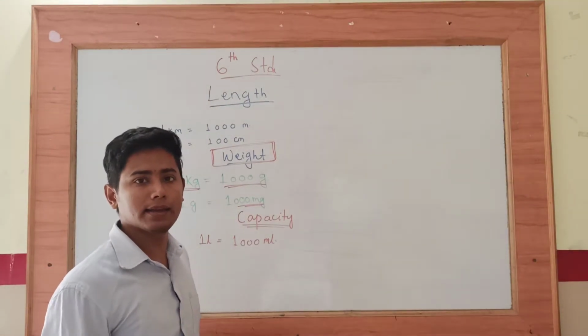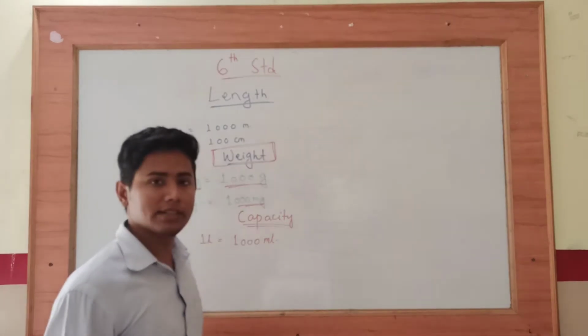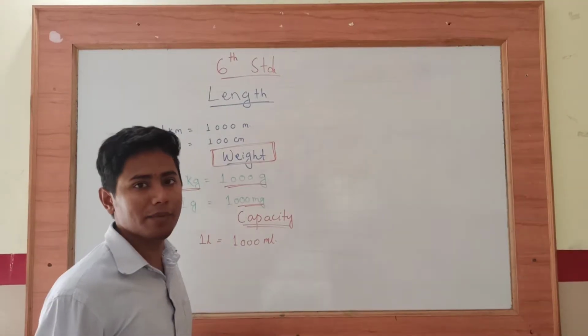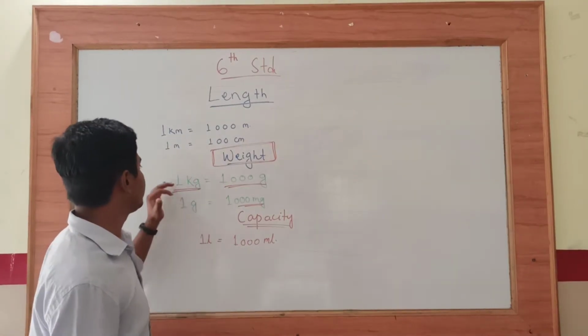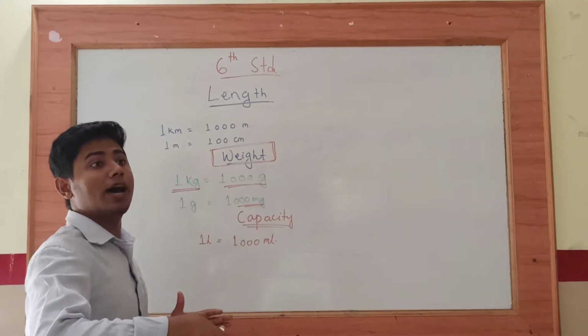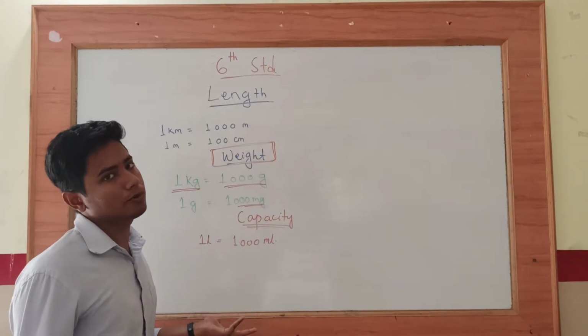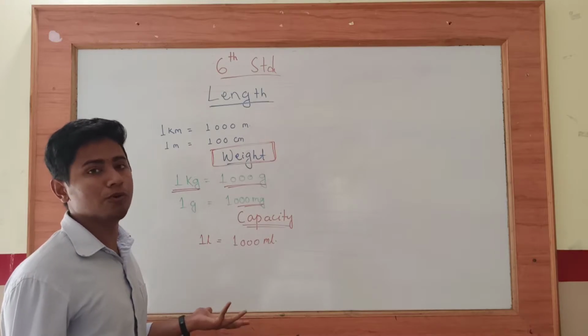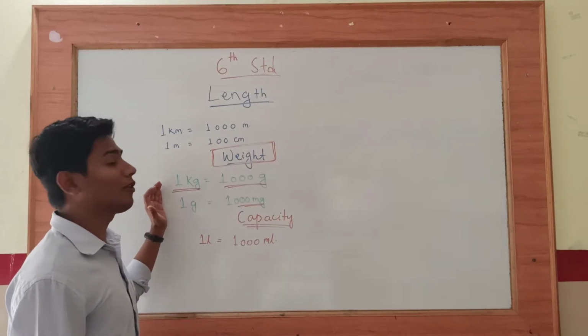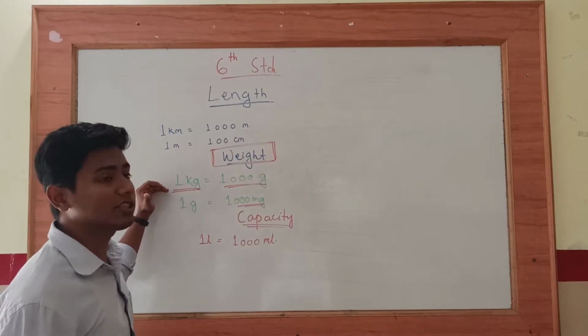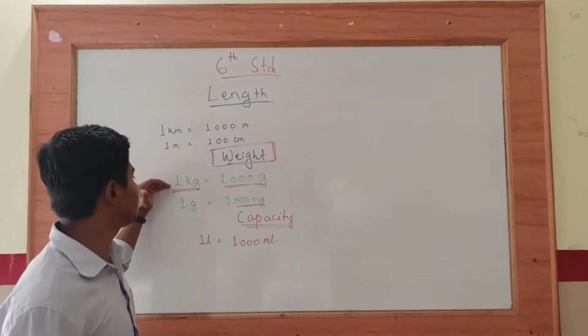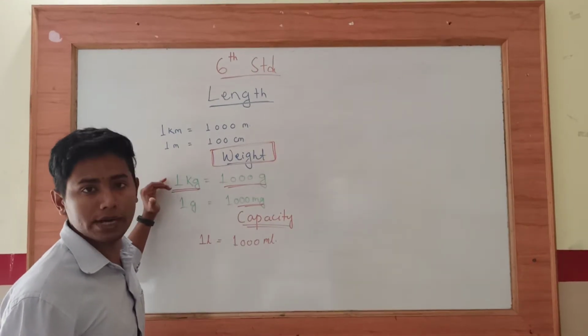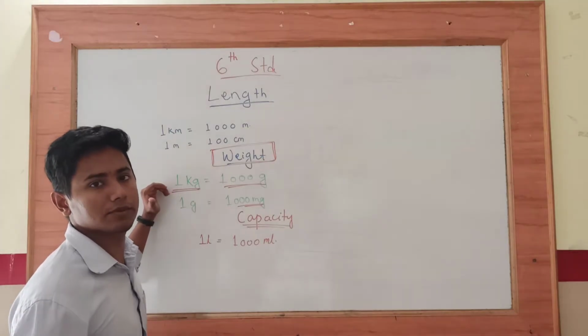When you buy gold, at that time use milligram. To buy a larger quantity, kg. If you buy more than that, then you get to know about quintal and ton. We can learn about this later. So now just remember that kg, gram and milligram are for weight, to measure how heavy something is.